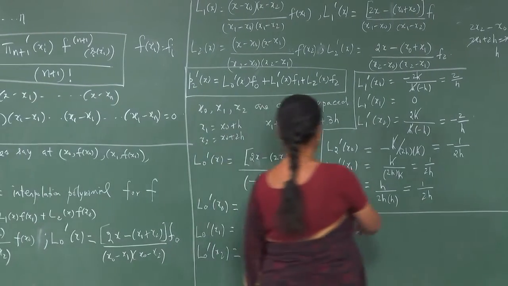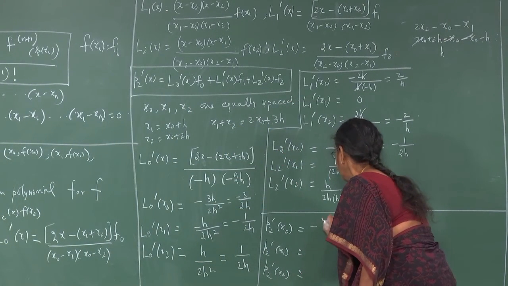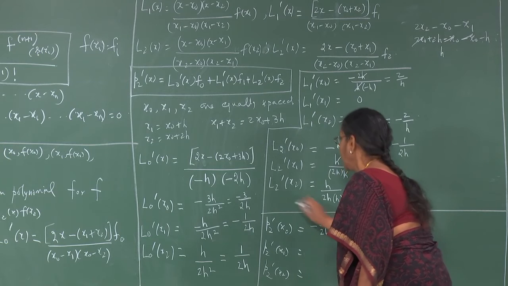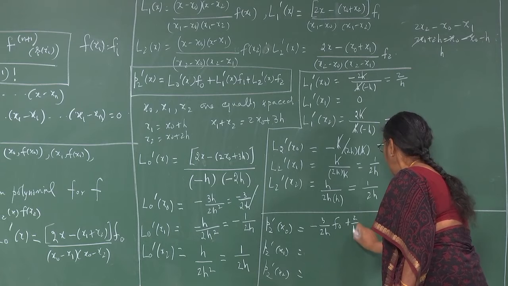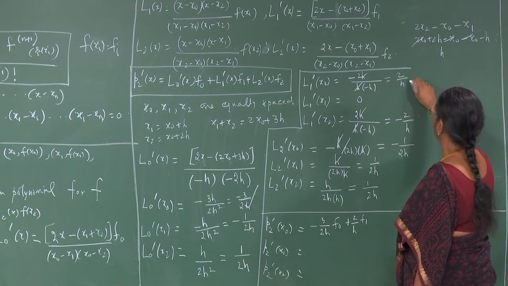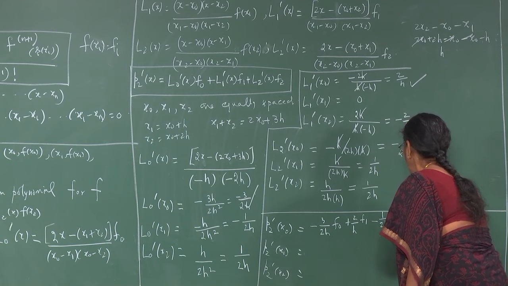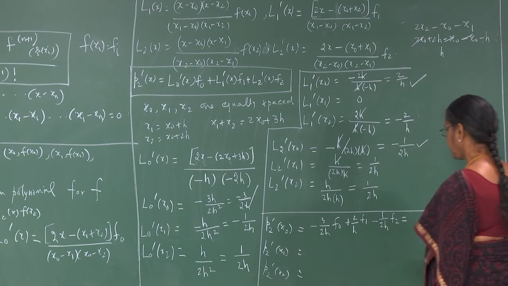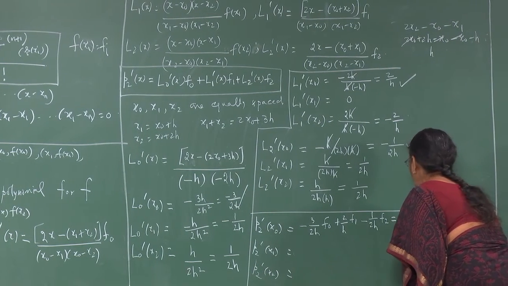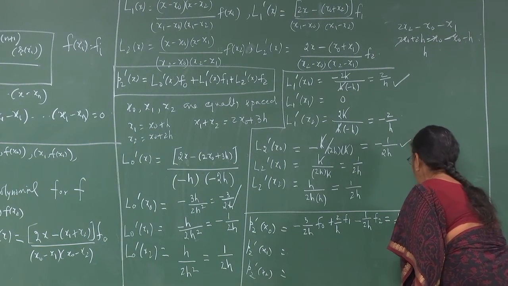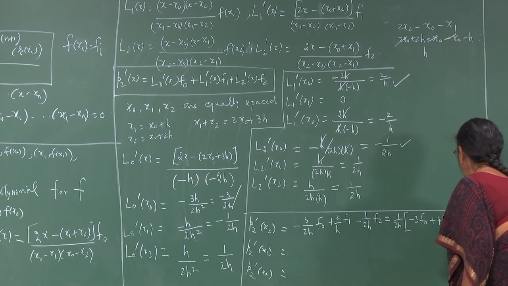So, P2 dashed at x0 will be L0 dashed at x0, so minus 3 by 2h into f0, then plus L1 dashed at x0, so 2 by h into f1, and then plus L2 dashed at x0, so minus 1 by 2h into f2. And so, if I write 1 by 2h into (minus 3 f0 plus 4 f1 minus f2),